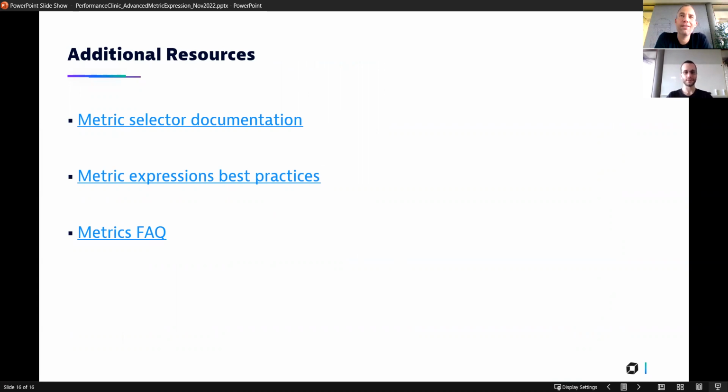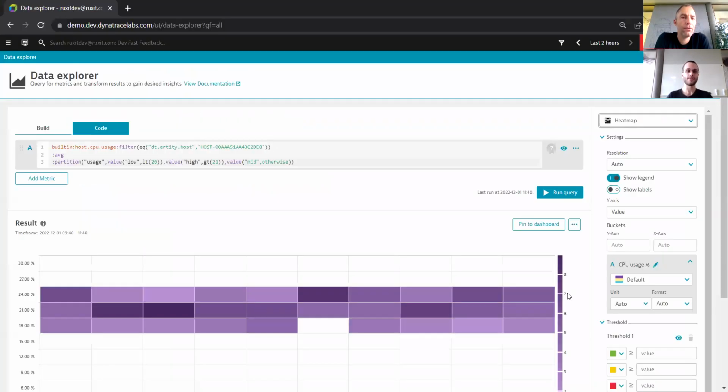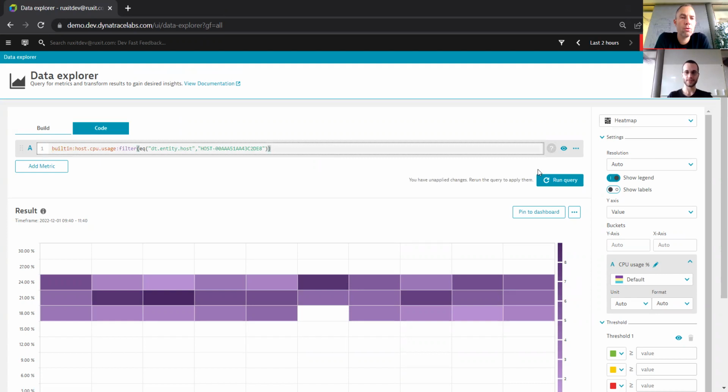Perfect. Hey, I have one more question. Can you go back to your browser again? Yes. Because I would really like to highlight one thing. Do me a favor, just go back to the metric, host CPU usage, remove everything else. And then just show also the filter, remove the filter. Okay. Can you just open up the suggestion,